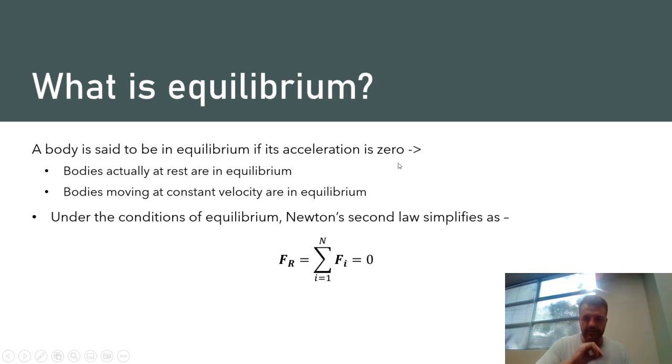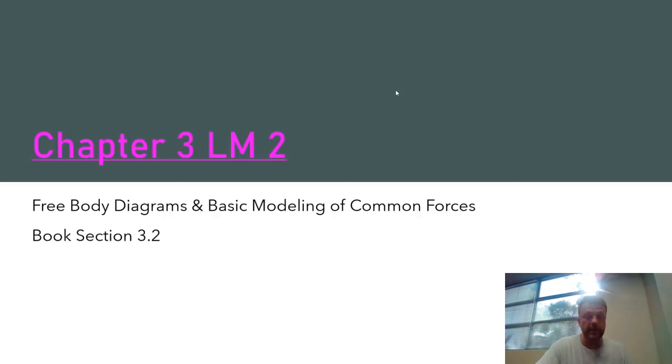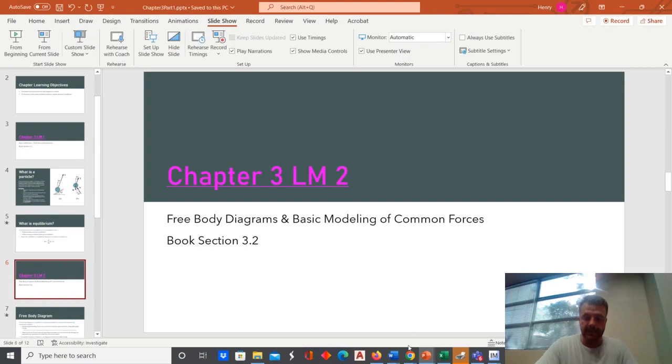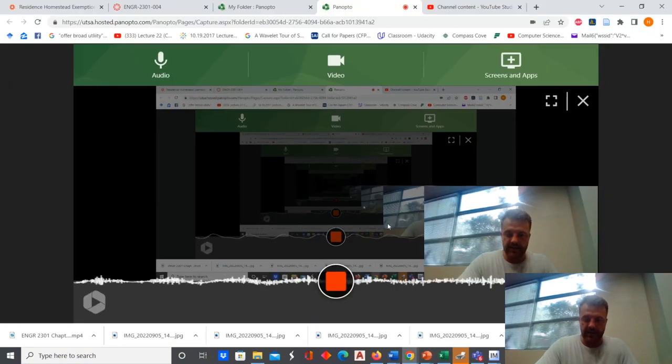So the key point there is equilibrium doesn't necessarily mean stationary. Equilibrium means that a body is not accelerating, which means it's either stationary or moving at a constant velocity. So hopefully those two definitions kicked off some dust